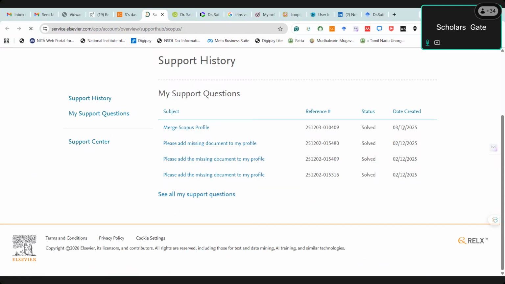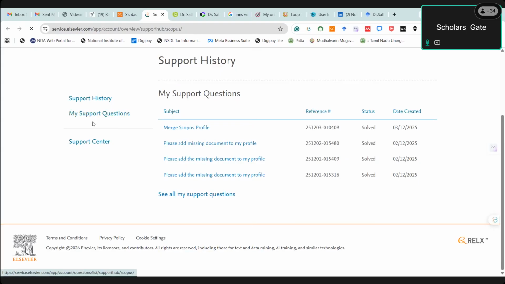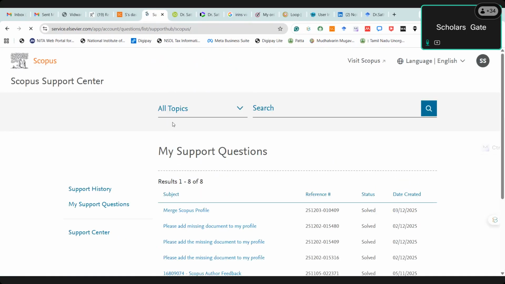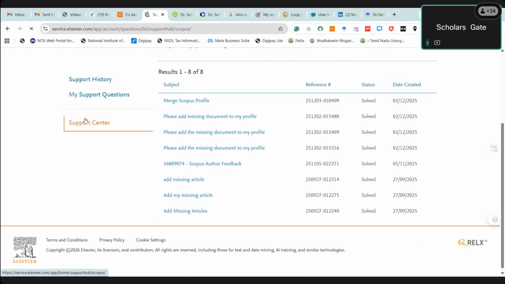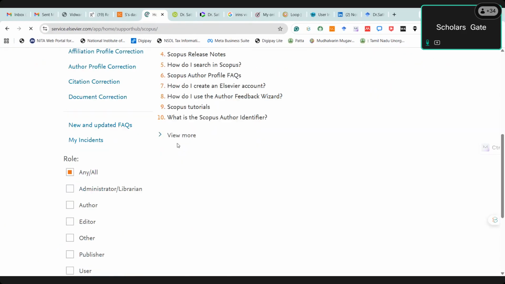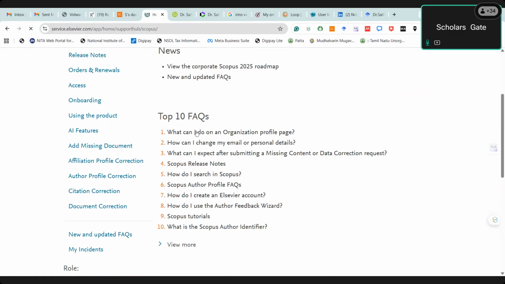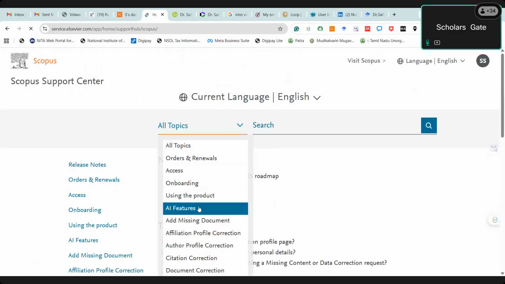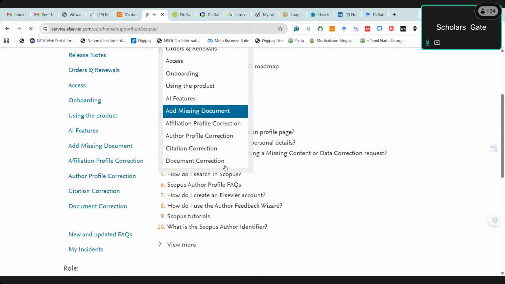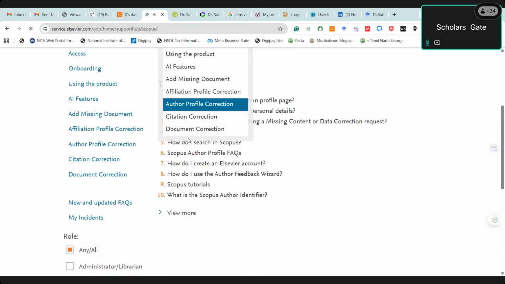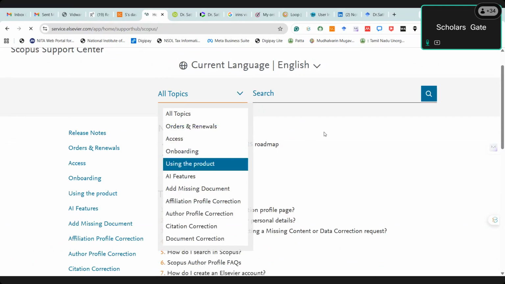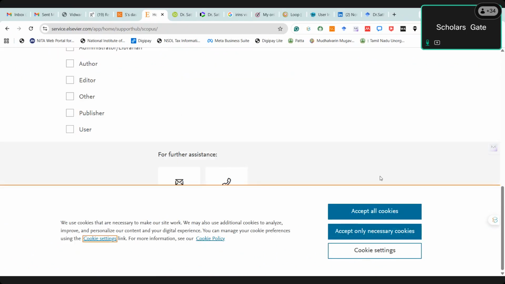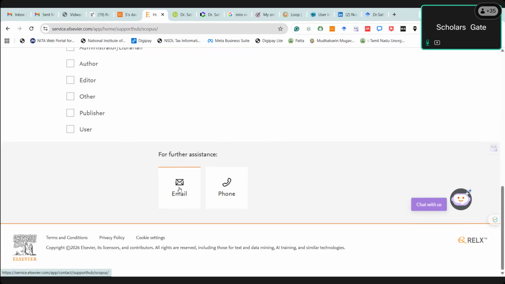It was solved in December 2025. So if you want to put in a new request, here you can see my support question. This is my question. You can go to the support center. Once you click the support center, you can see access, onboarding, a feature. If you want to add an article, sorry, if this topic fits, it is okay, but if you don't want this topic, here you can go. The email option is available. Once you click the email option,